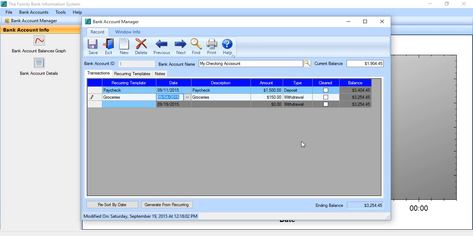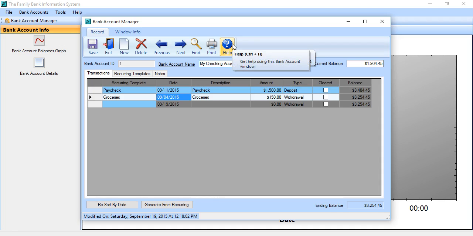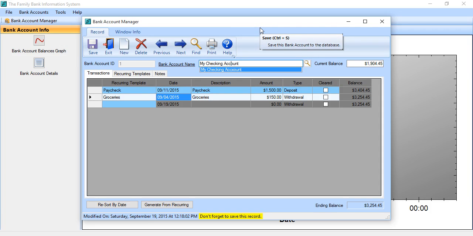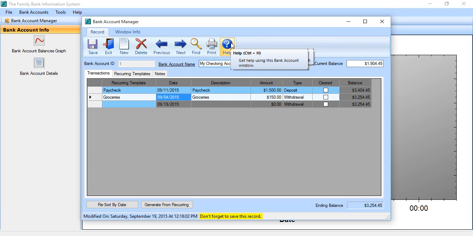Now, one thing we want to change here, especially, is the bank account name. It looks like I just found a typo, so I'll just click on that and hit the backspace and hit tab. Oops, that didn't do it. Okay, we'll just hit that, hit the delete, and we'll hit save. Okay, it's all corrected that. Alright, now